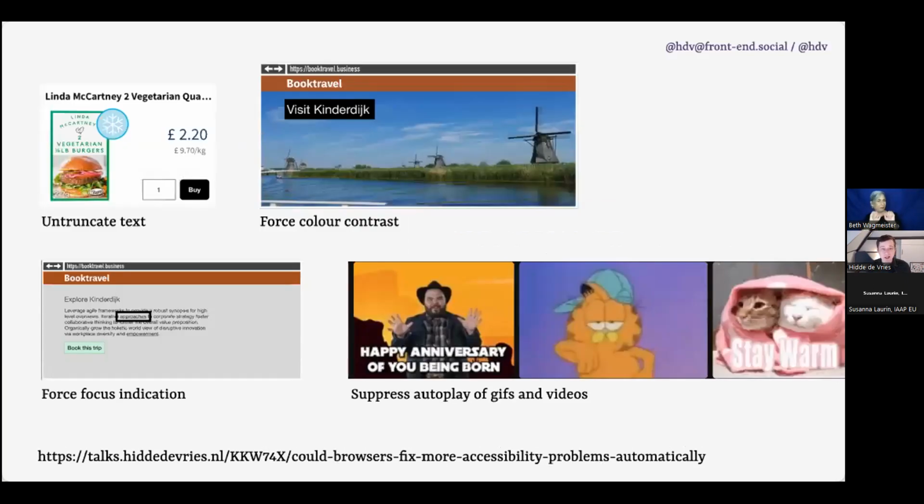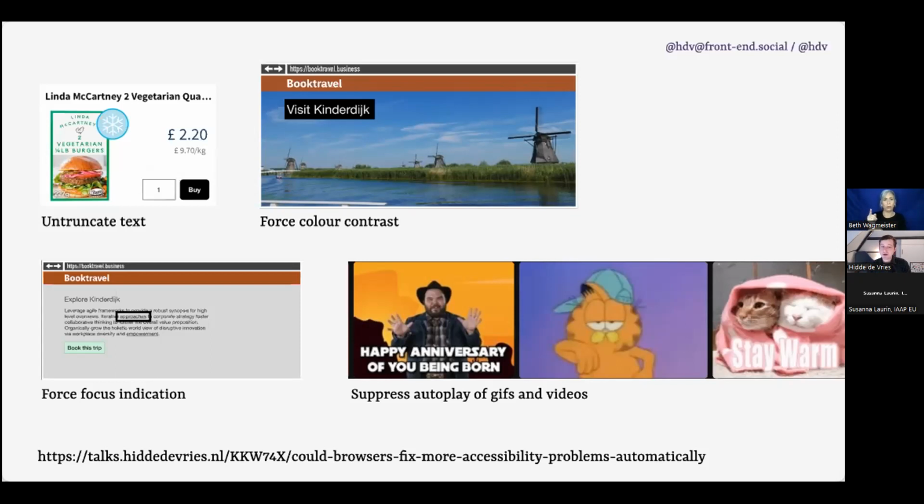A couple of examples. If you have text that is truncated with CSS, so you see a few dots instead of all of the content, you could have the browser force the truncation to go away, so that you can read that this says Linda McCartney vegetarian quarter pounder rather than just "qua...". That's something a browser could force, because it does the CSS for you, and it can do the CSS differently, basically.